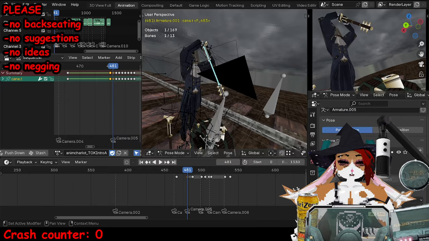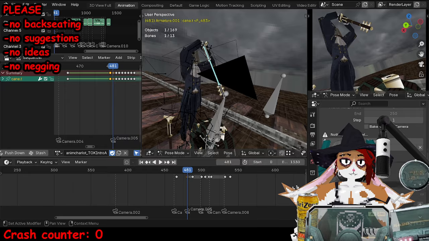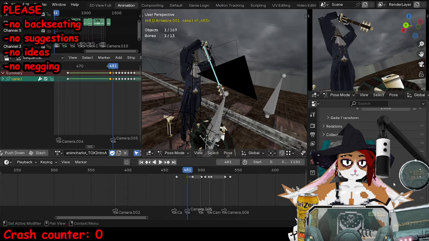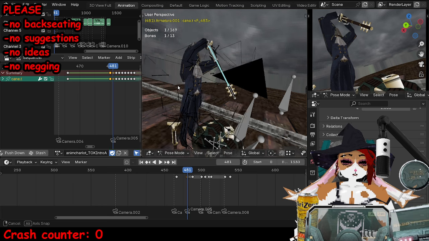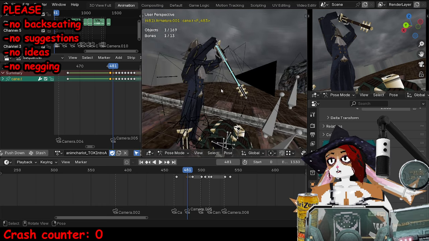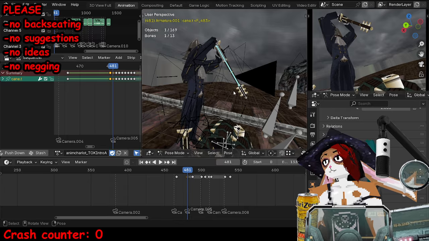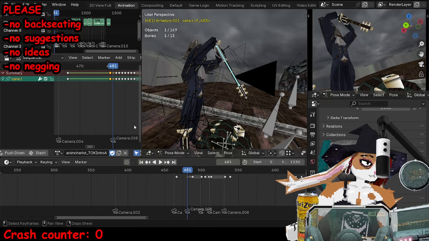I don't even know where the display is. Okay, well, I can't find the visualizer. But it obscures less of the model. Long story short, because basically